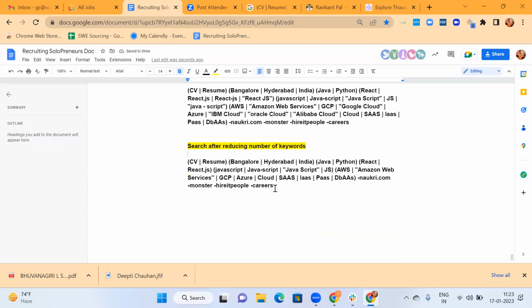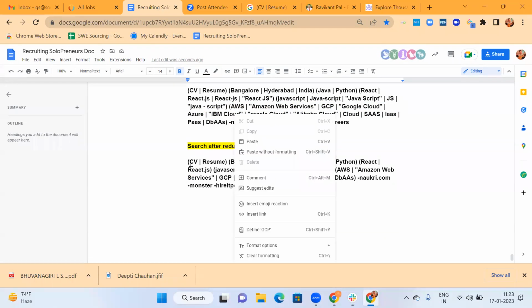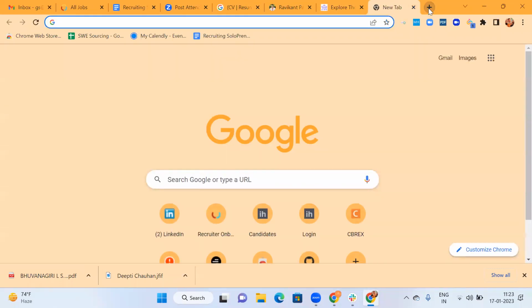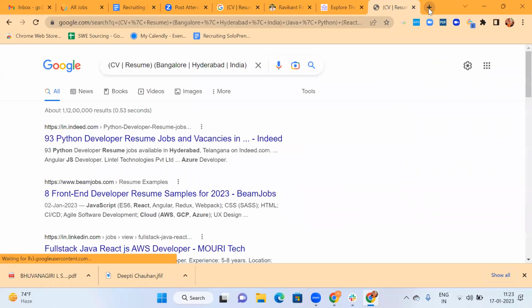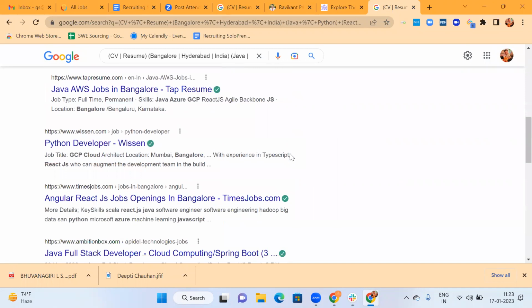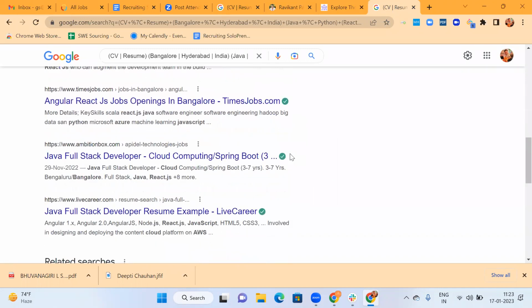Now let's take this part. Okay. So now let's see if we are still able to see Naukri, Monster.